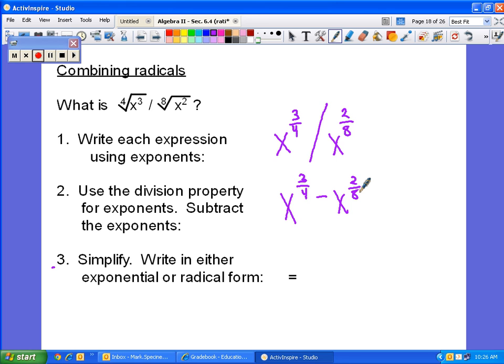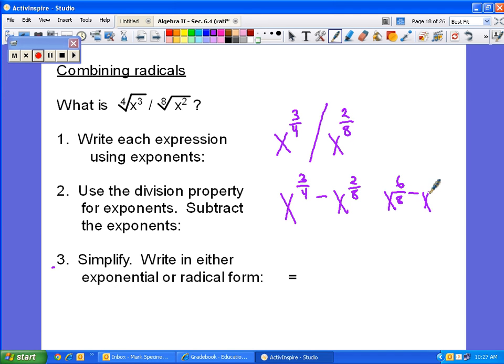No. Juan? The denominators have to be the same. So what do I have to do here, Juan, to make these denominators the same? And which is the common denominator of 4 and 8? 8. So I've already got 8 here, so what do I have to do here? Multiply by 2. So that gives me 6 over 8